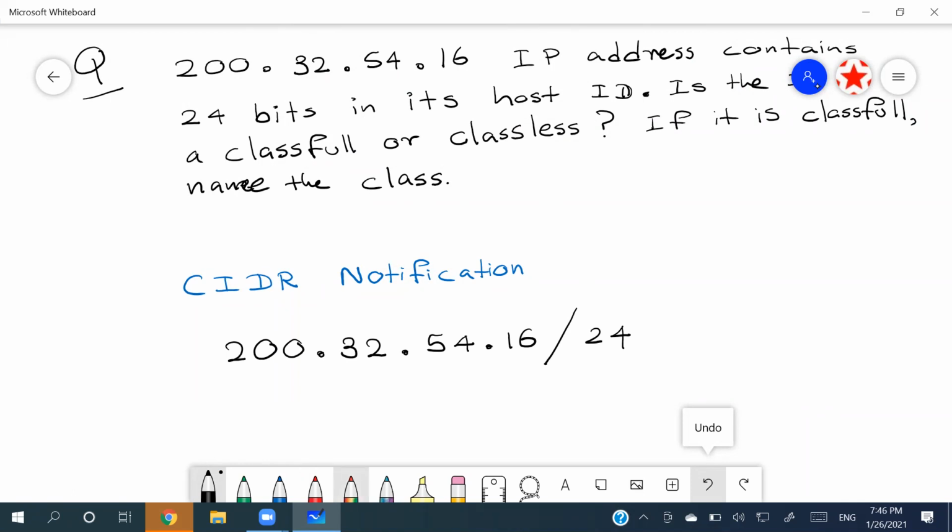Right? So this is what you call CIDR notation. And now you can guess what 24 is. So 24